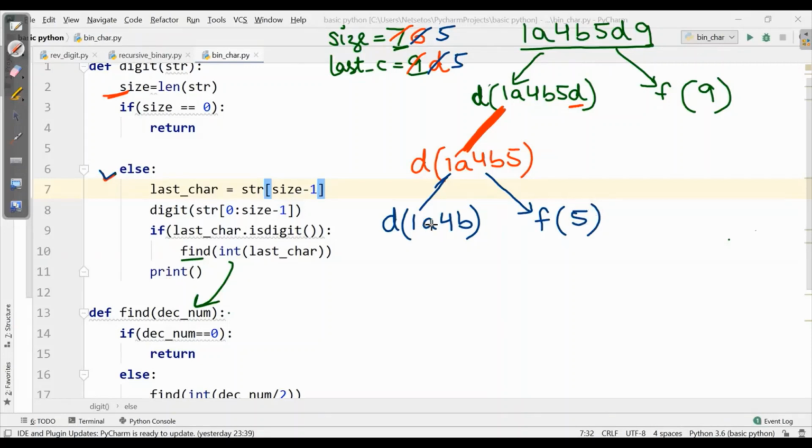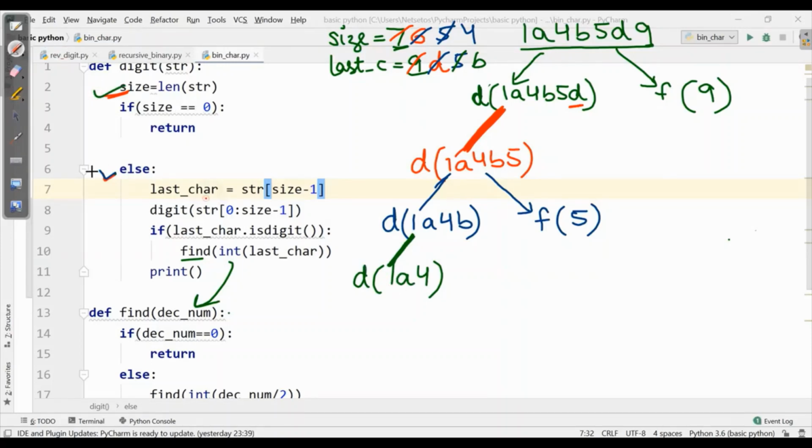Now it will go again. Size is 4. For the last character, it will calculate. The last character is now b. So it will have d, 1, a, 4. And is b a digit? No, it is not, so it will have just one branch. Then again it will go to size, and here it will see, is 3 equal to 0?